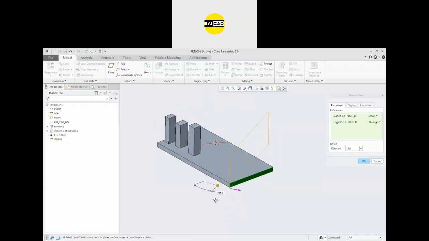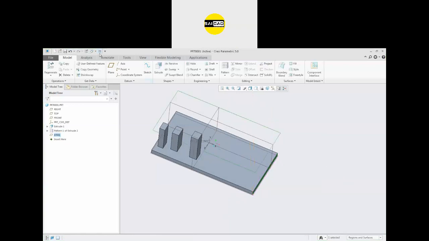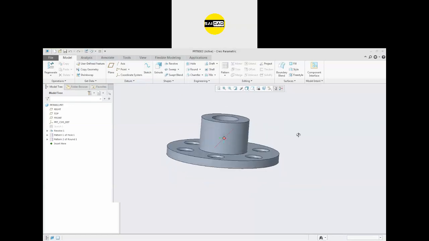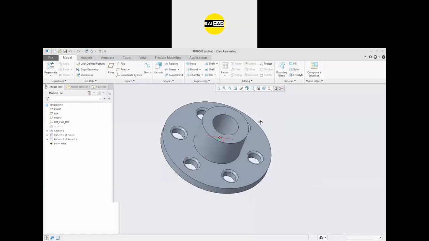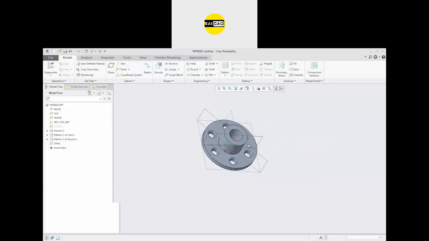Here, how to create a plane at an angle: select a face, select an edge, and you can create that. Here we have some other options. I need a plane at an angle of 45 degrees. So go to the plane, select a plane like that and select the axis. You will get an angular option. Define the angle you need. I need that angle to be 135, and it is created like that. Click OK, and there is the plane at an angle.